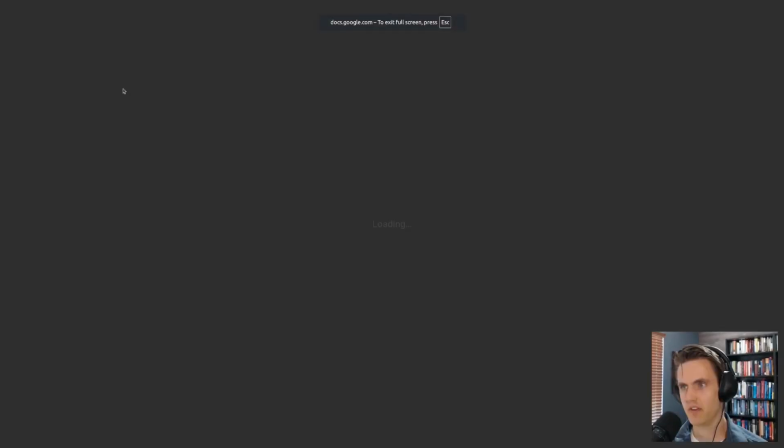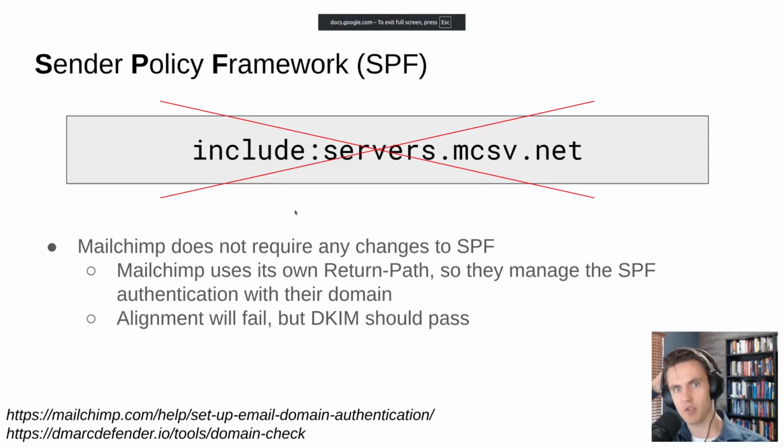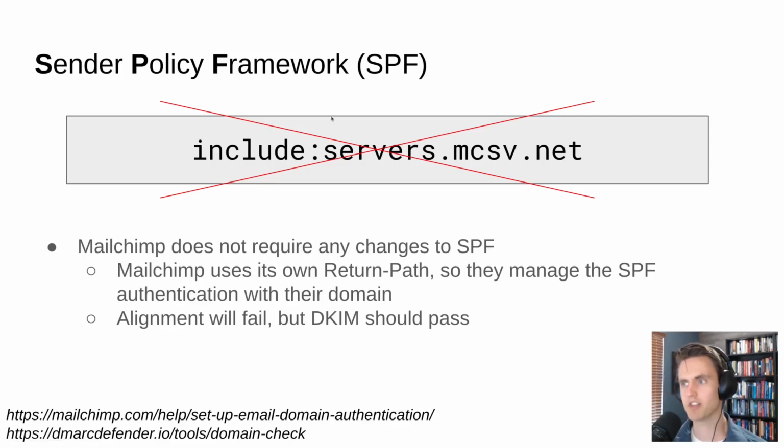The first thing is, it used to be that you would have to update your SPF policy. That's no longer the case. It used to be you would have to add something like include servers.mcsv.net, and this would authorize Mailchimp to send emails on your behalf from certain IP addresses that they would include